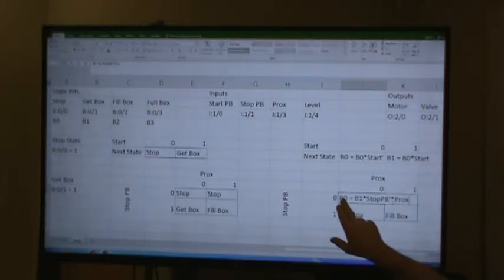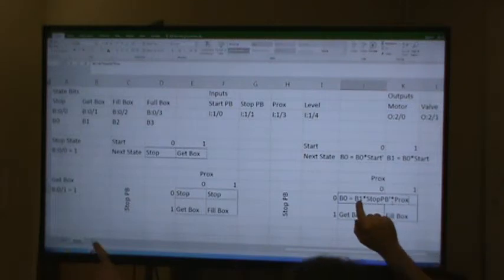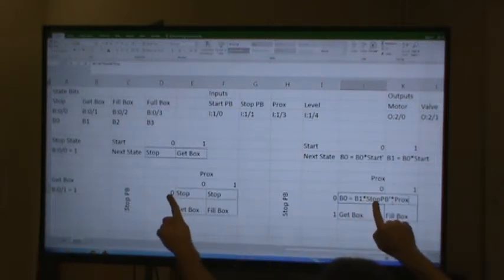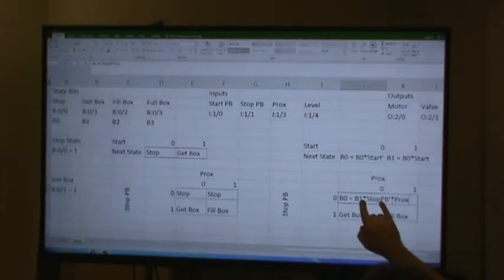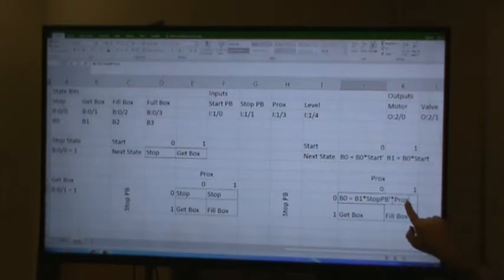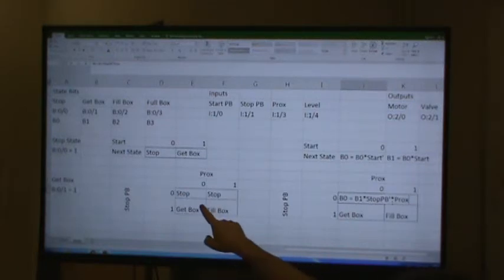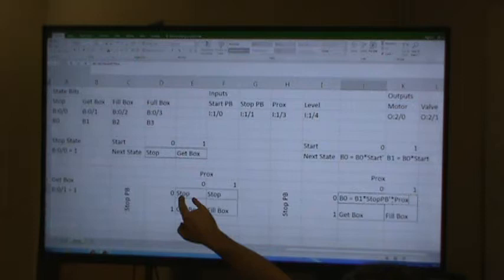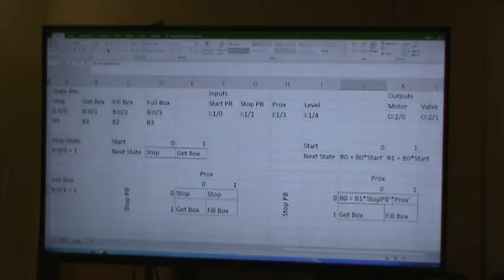So we're trying to get a 1 here. So far, we're in the state, so we've got a 1 there. And with the inverse of 0, so that's a 1. 1 and 1 is 1. And then we're going to and it with hopefully the inverse of prox. Because this is the input combination we're trying to use to get us to the stop state. So we have to and with the inverse of prox. Okay. All right. So there's our full expression